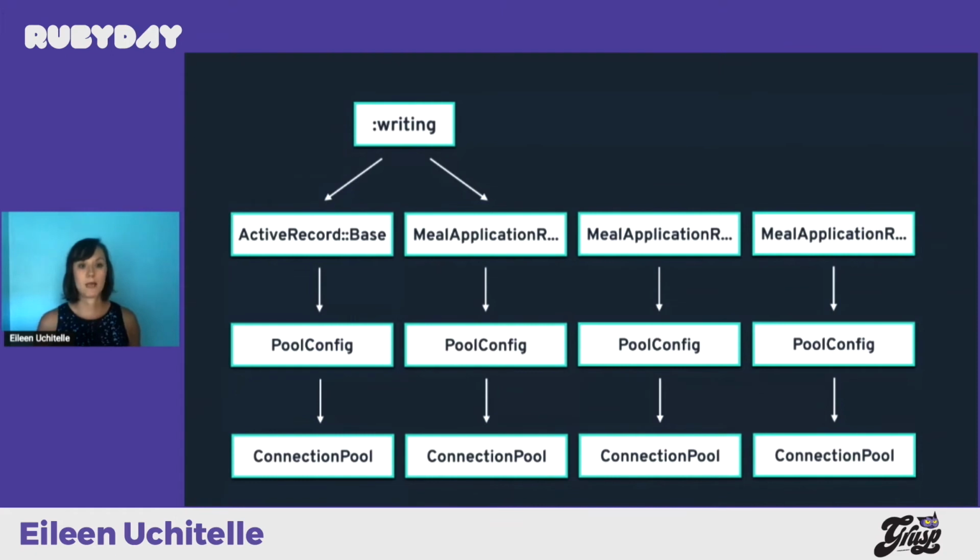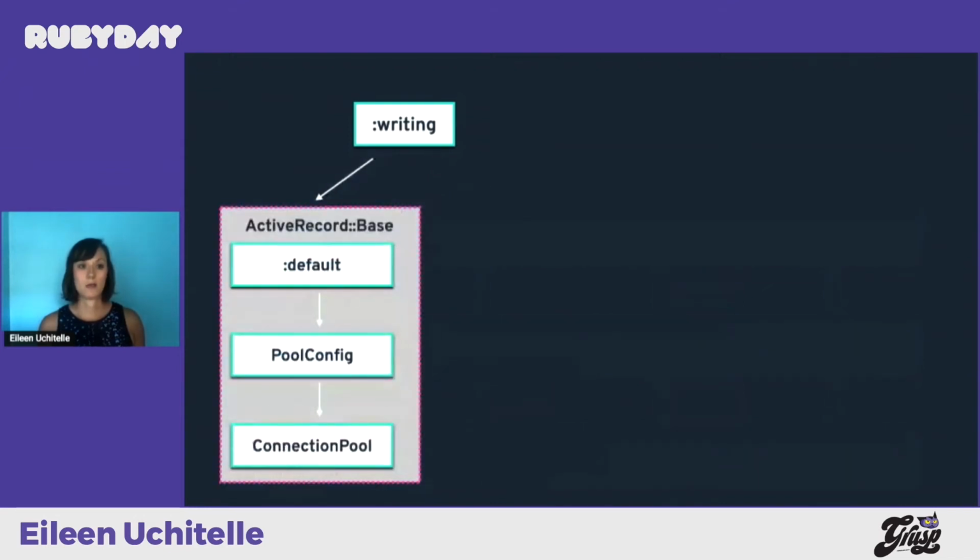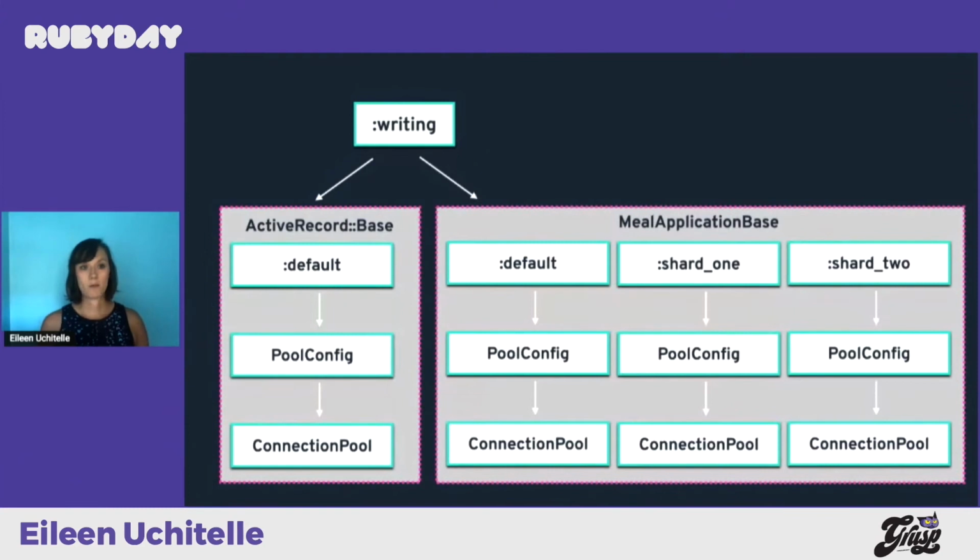To fix this, we decided to create a new intermediary object called pool manager. Instead of pointing the handler to the class and then directly to the pool config, we changed ActiveRecord to have the class point to a new object called pool manager. The pool manager holds the shard key names passed into connected_to. For non-sharded connections, we always use a key called default. This way we could maintain backwards compatibility for non-sharded applications, and still allow for multiple connections for shards